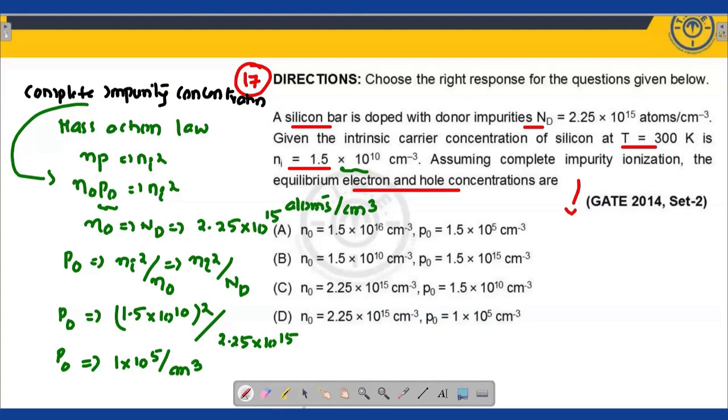This is what, my dear students, we are going to get over here. So ultimately, the p0 and n0 values. The n0 value is already given, my dear students, so we need to go for the p0 value. The n0 value is given, and the p0 value we got now. So the option is D. The option itself is D over here. Okay. Similarly,